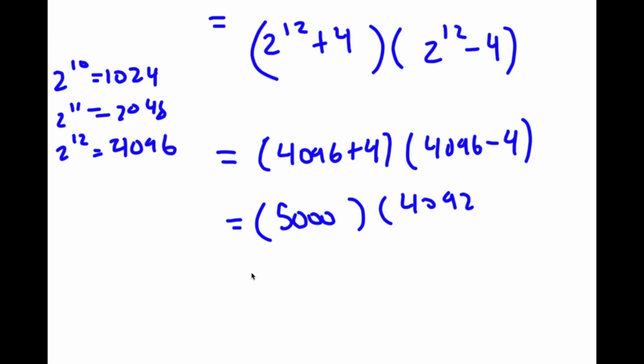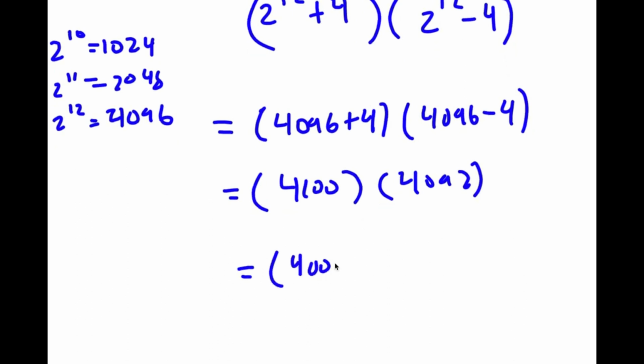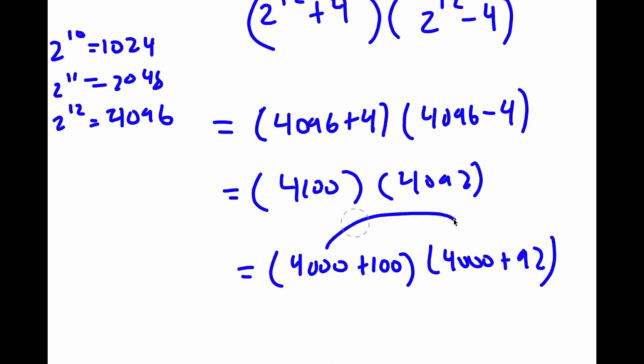Or sorry, this is the same thing as 4100 times 4092, which is the same thing as 4000 plus 100 times 4000 plus 92. So now to solve this, I'm simply going to just distribute. So I have 4000 here. If I distribute,